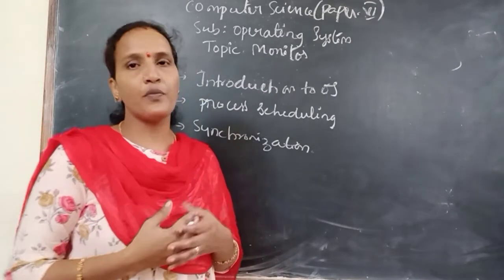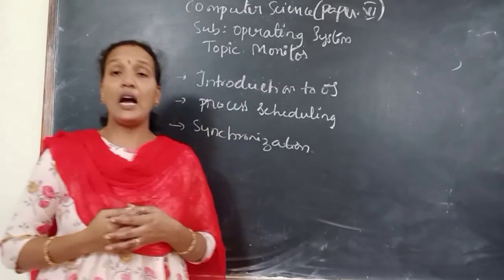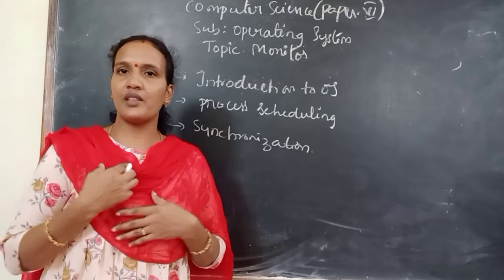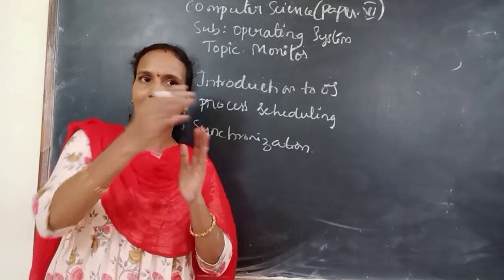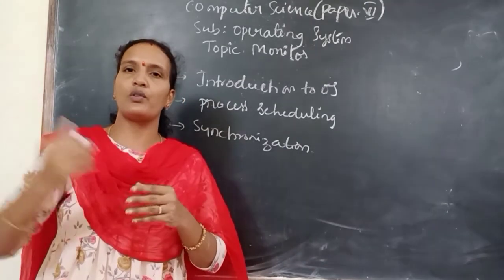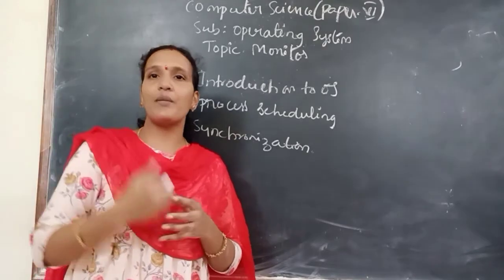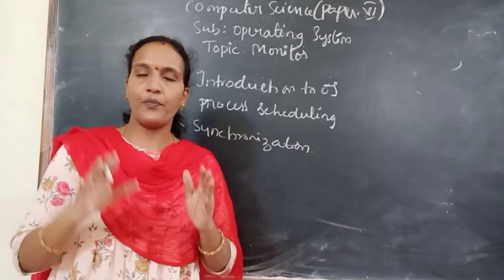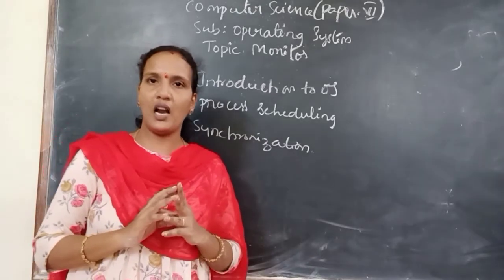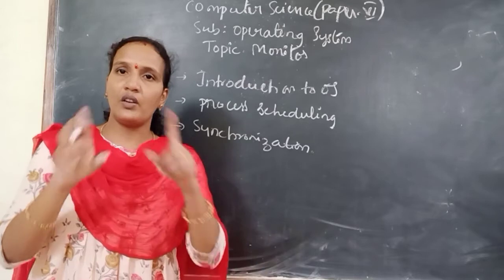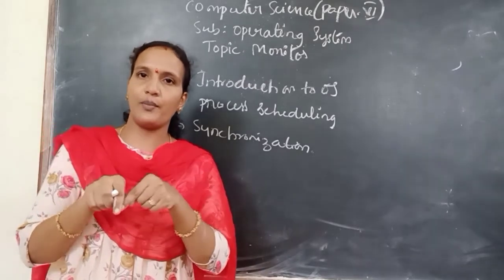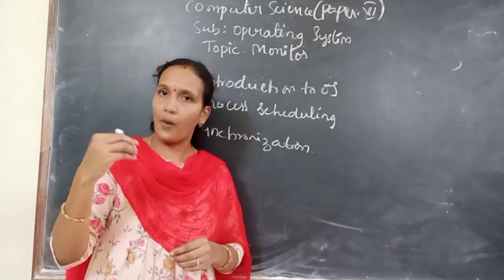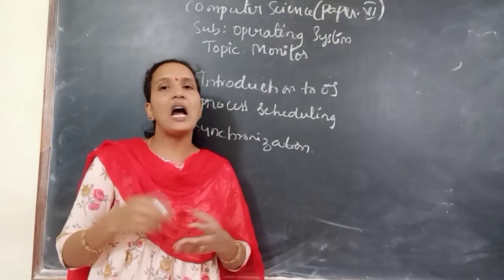Okay, what is the operating system? It is an interface between a user and the hardware of the system. It is an entry point. Okay, for example, I am in the class. One classroom is there, and one student wants to come inside the class. Student is outside. This classroom is the hardware and the student is a user. And what is the entry point there? Your door, whatever door is there, that is an entry point, which is nothing but the operating system. Means using a door only we are entering into a classroom. So using the operating system only we can access the hardware of the system.